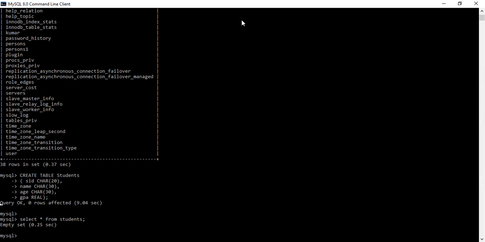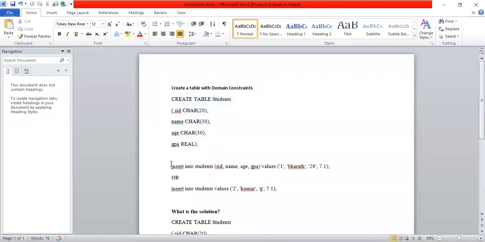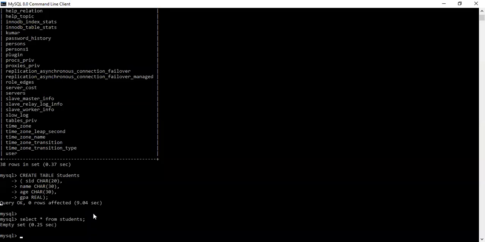What is the syntax for inserting the data? Insert into students. Insert into table name. What are the fields available in the table?